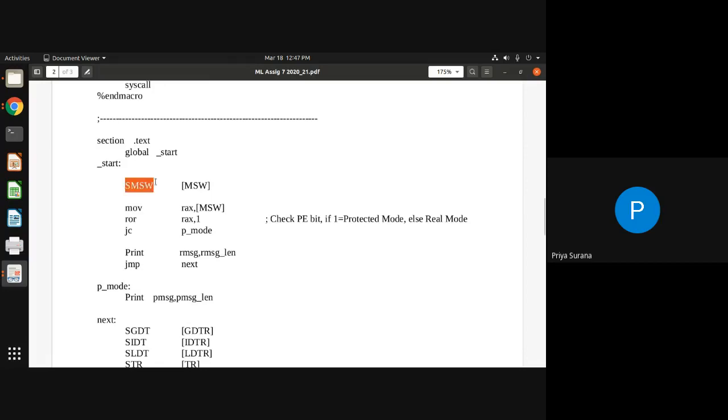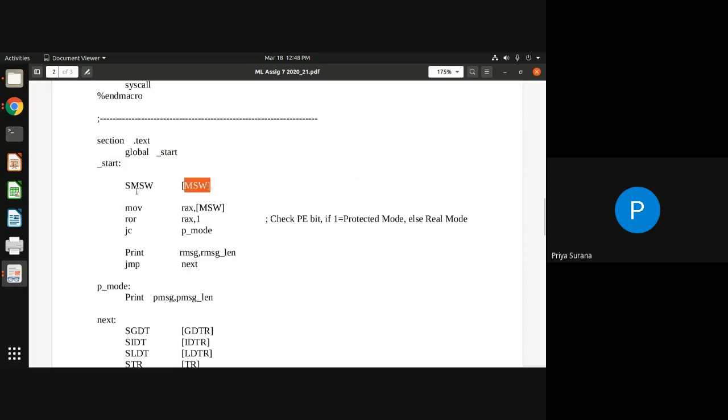Now SMSW, this is an instruction which can be used in protected mode. S stands for store. MSW we already discussed, machine status word. So this instruction is available. What will it do? It will store the machine status word in the given variable.